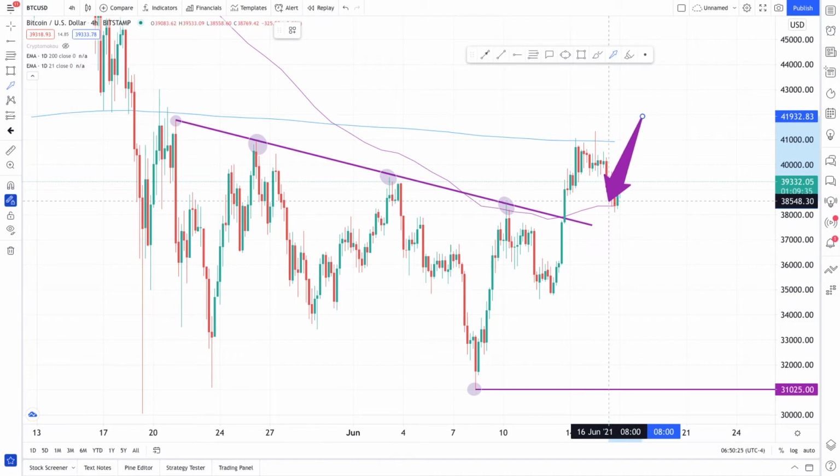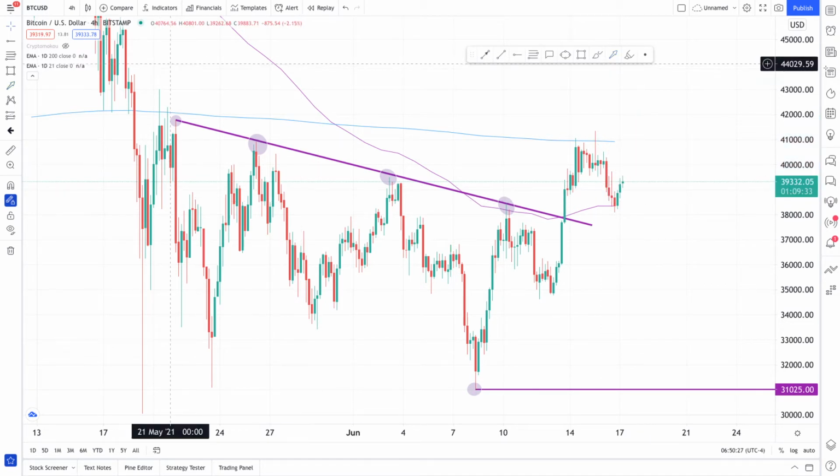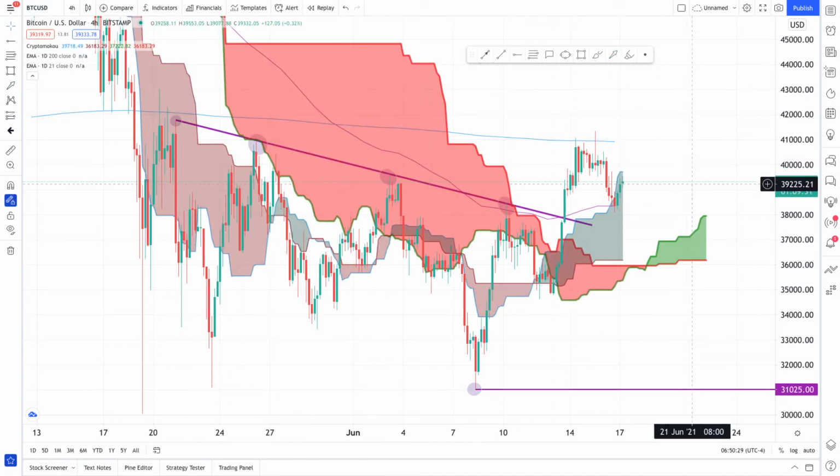ribbon. And if I turn on the cloud on this 4-hour time frame, as you can see, we fell a little bit through the ribbon of the Ichimoku cloud on the 4-hour time frame. We fell just through the ribbon, and now we're trying to break above that ribbon right now. So guys,